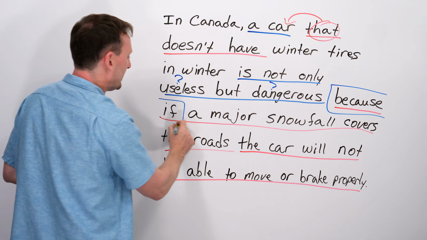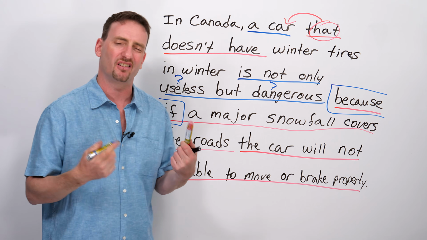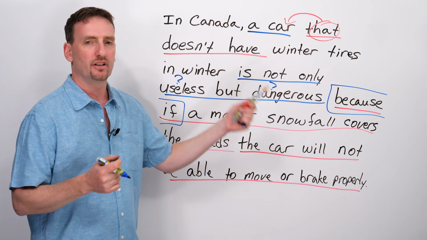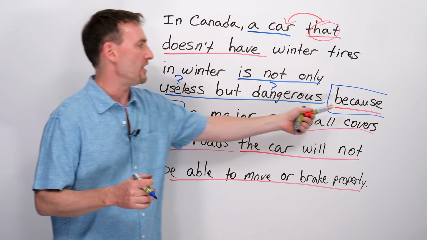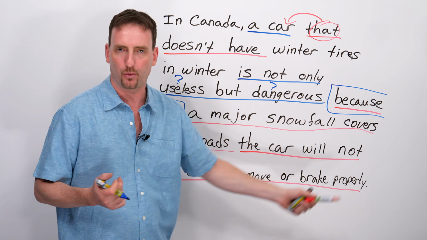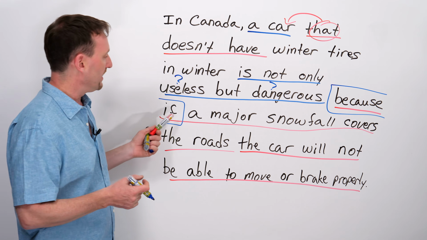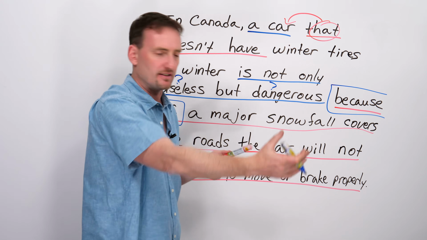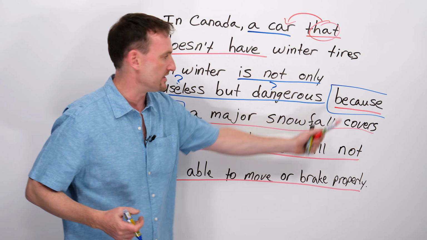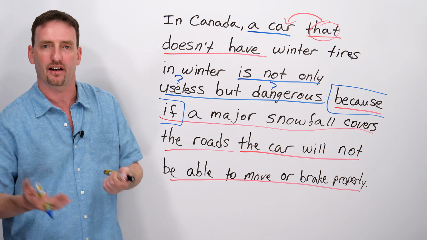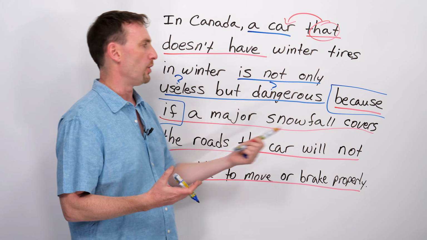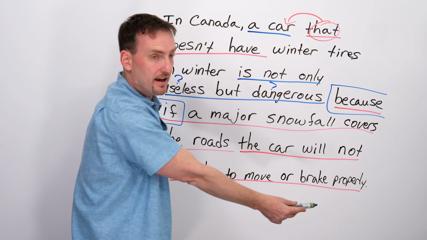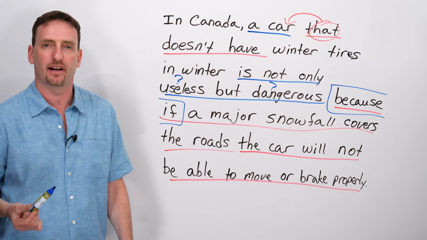two clauses right next to each other, this is where people start to get a little bit confused. It's not really that confusing. First thing you want to do, finish the clause. Because what? And then find out what the reason is. And then if what? And if condition, what's the result? Here's the condition, same result as the because. They're working together, they're sharing, and then the whole thing makes sense. And all of this, from "because" to the end, tells you why they're useless and dangerous.